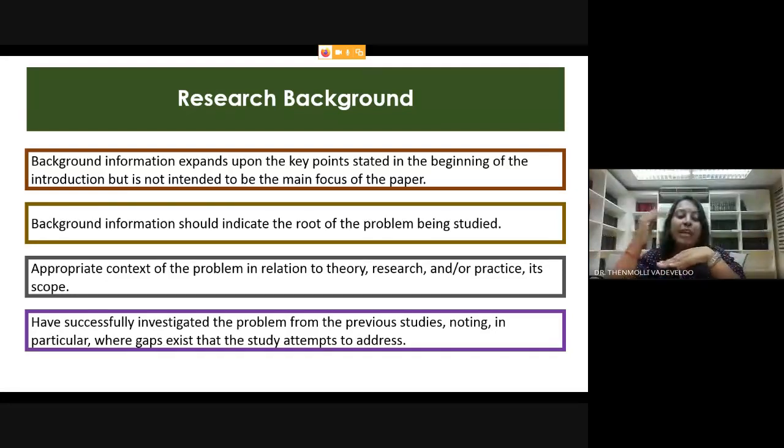Background information expands upon the key points stated in the beginning of the introduction of the research. We know that it is only the expansion of the introductory part and not the main focus of the paper. Research background is just the introduction of the title, topic, or subject that we are going to research on. Usually the background of the study would explain the root of the problem being studied